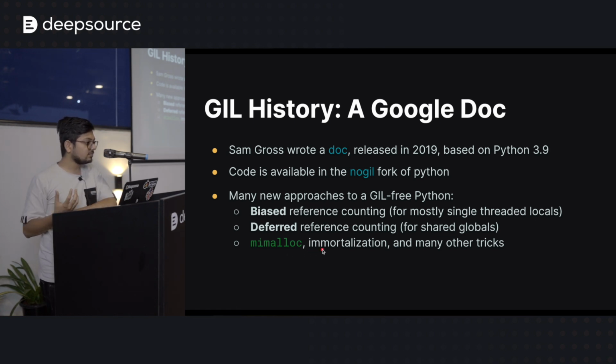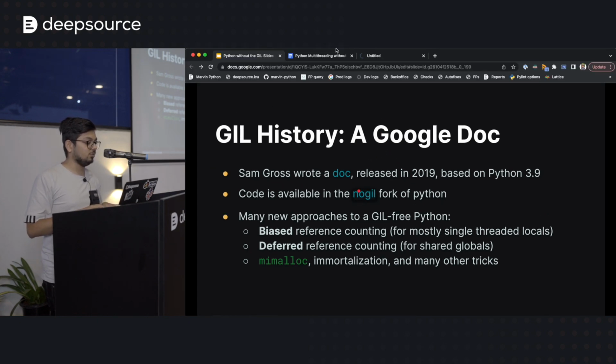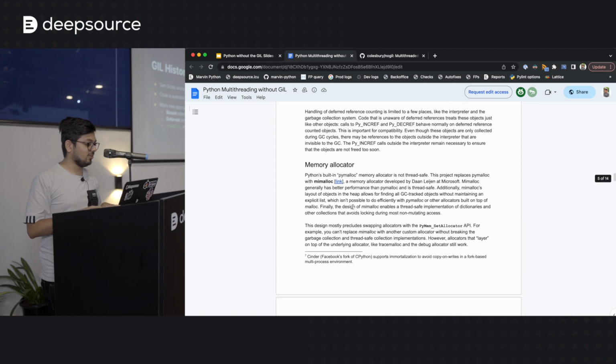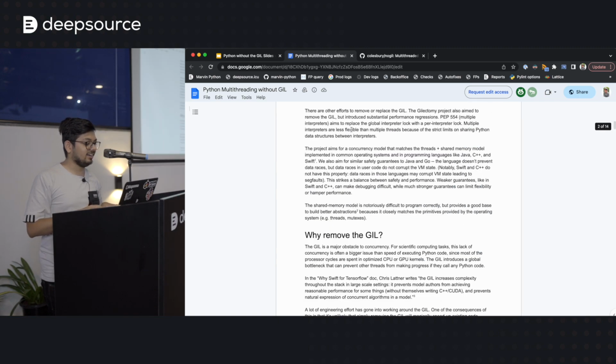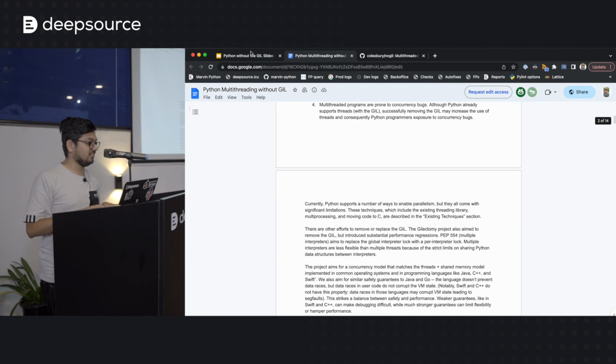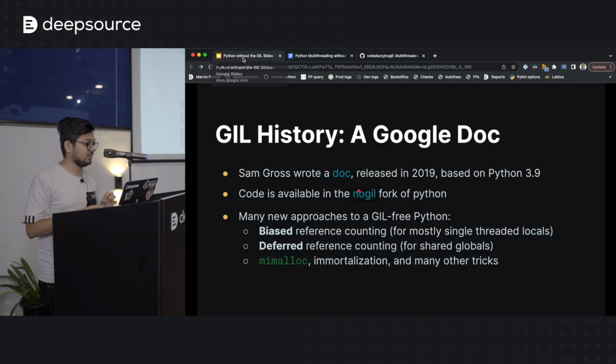Similarly, other techniques like immortalization and a few more that are probably one too many to directly name in the talk. You can go ahead and read the entire document for that. It's quite a good document.